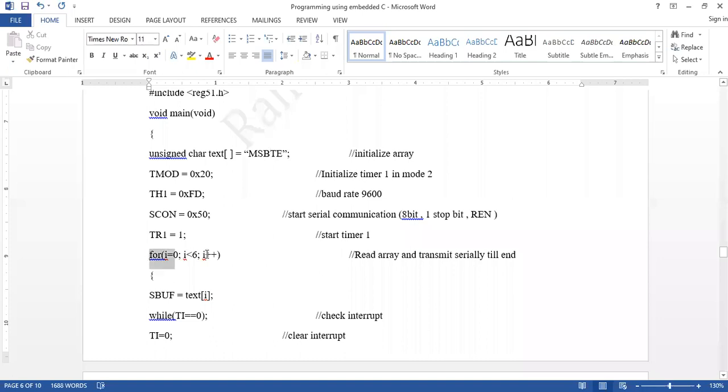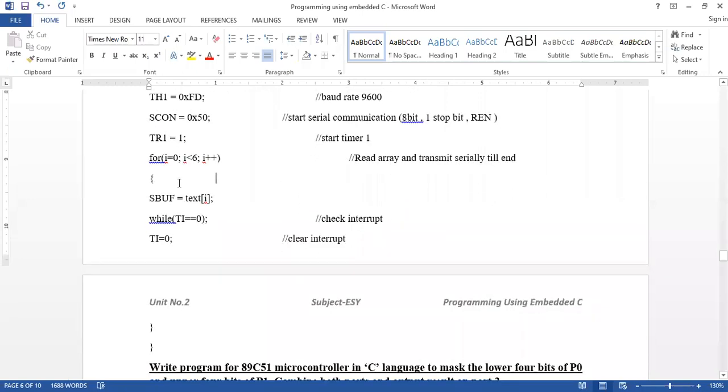For that we have selected one for loop: for i is equal to 0, this is the initial condition, then the condition is i is less than 6 and i plus plus. In the for loop, SBUF is equal to text of i. SBUF is used to hold the data.